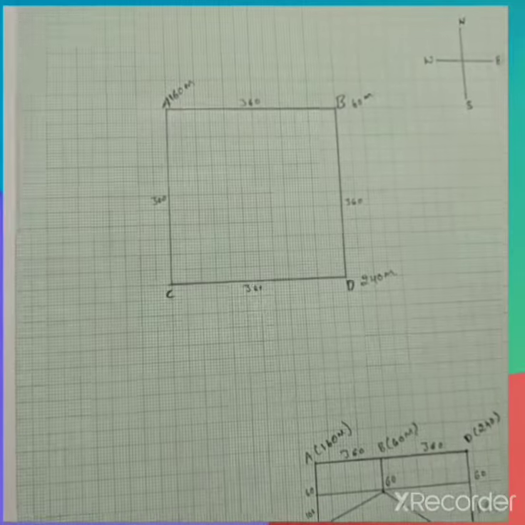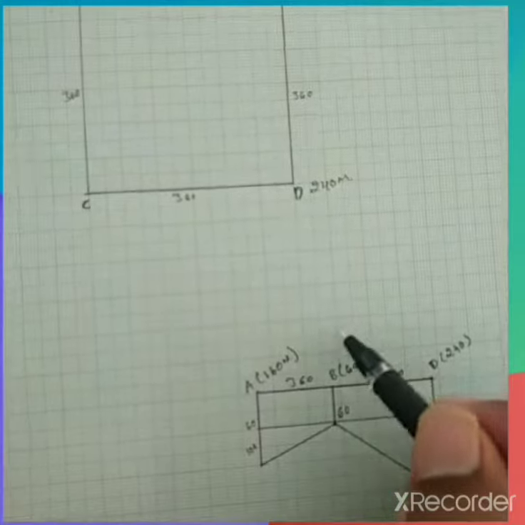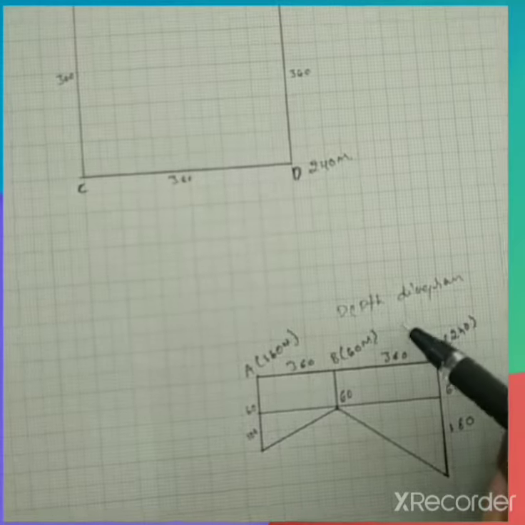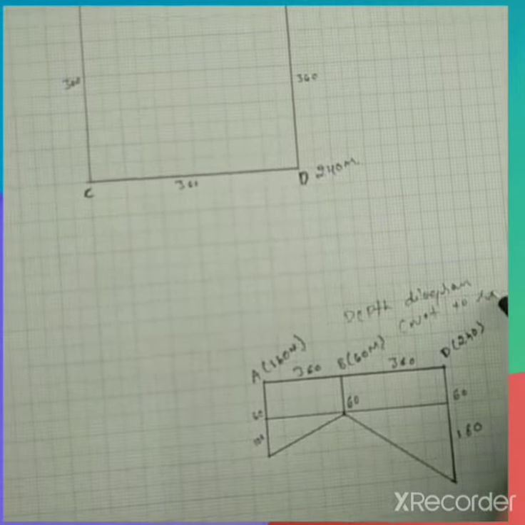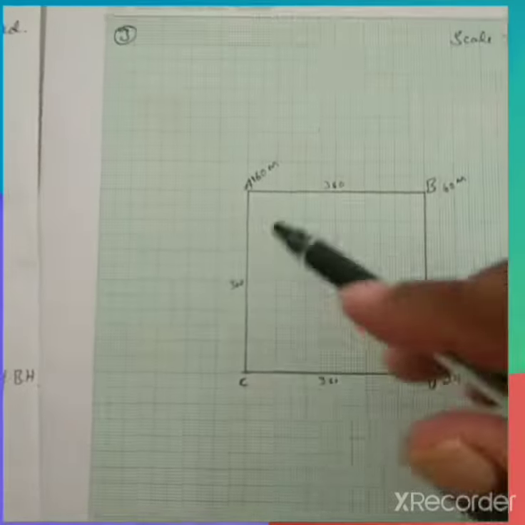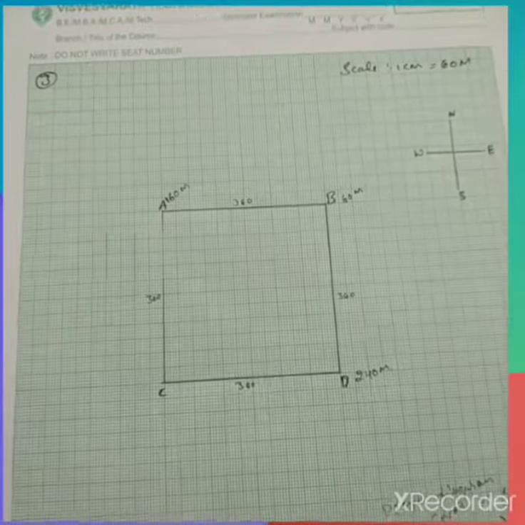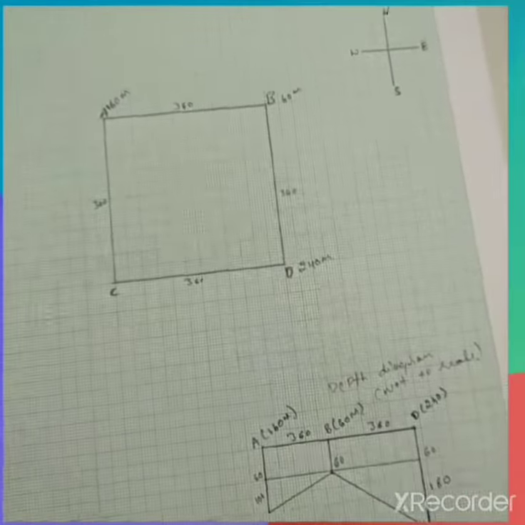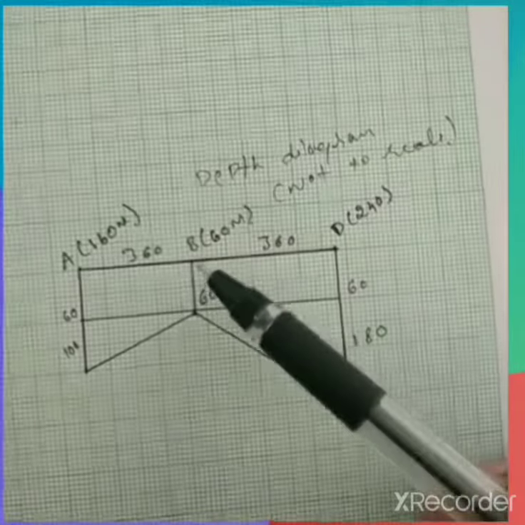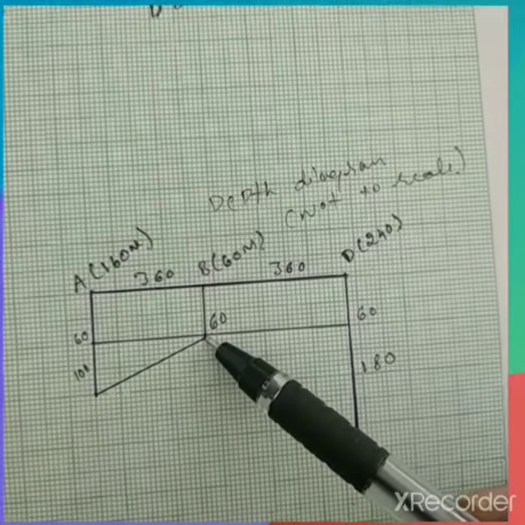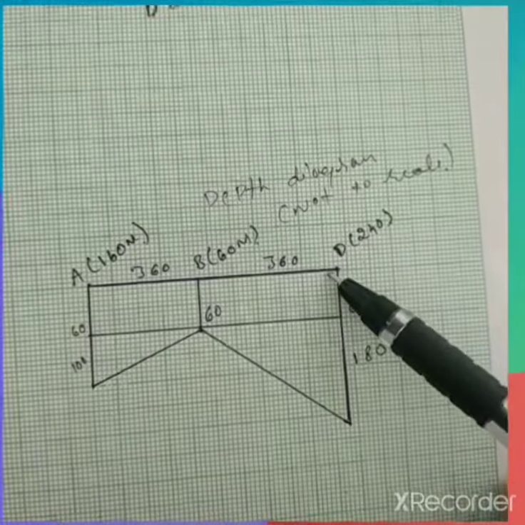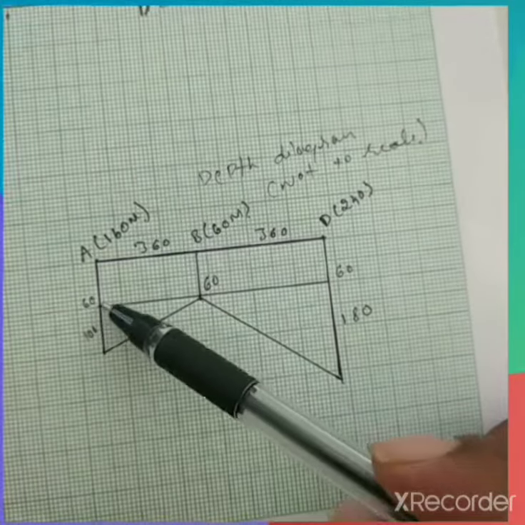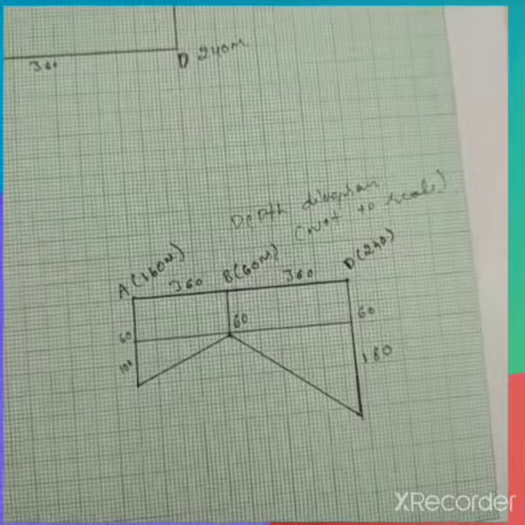This is the least count depth borehole. Here simply in the depth diagram we can understand, this is not to scale. This diagram is not to scale; only this one I have taken to scale, where 1 centimeter is equal to 60 meter. So all 4 sides are 6 centimeter on a graph sheet. Here B, the least count depth borehole, encountered the limestone at a depth of 60 meter, D at a depth of 240 meter and A at a depth of 160 meter. This is the depth diagram.